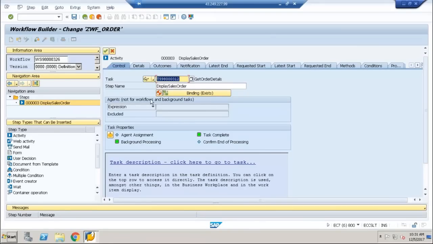Because for background task we are not sending to anyone to give the agents. Okay, so that's why this portion is now disabled. Okay, so this will be enabled only for the dialog task, dialog work items only. We need these agents, but for background processing system will be executed automatically. Okay, click OK